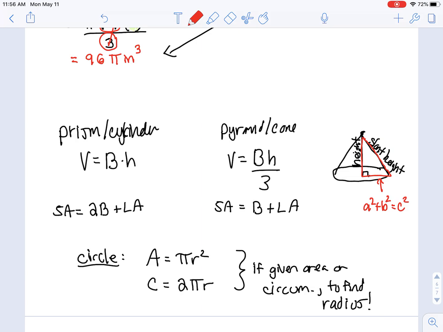As you try some of your homework tonight, remember you are going to see a mixture of cylinders and cones, so pay attention to which one and which formula to use. You'll also see the occasional problem that asks about surface area so that